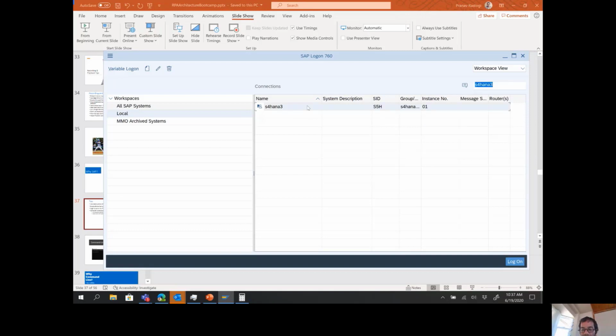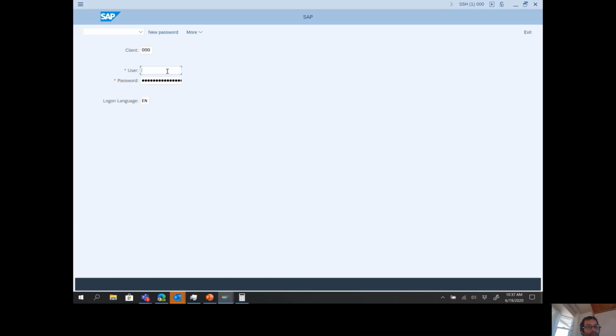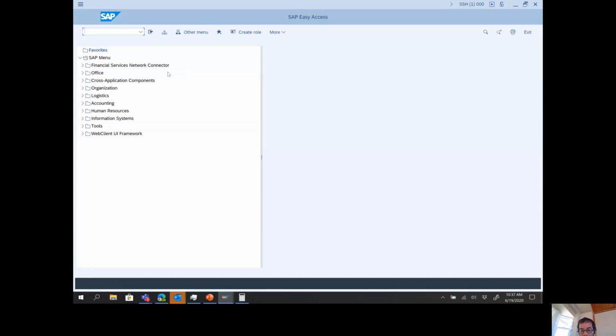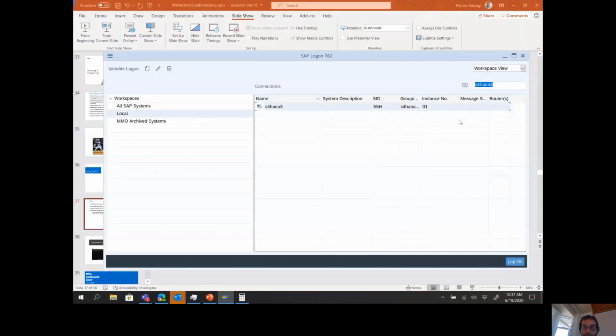Then I can just click here and press enter, which takes me to the screen where I can specify the username and password. I can press tab and enter the password. Then I can hit enter, which takes me to the screen, and then I can start doing my SAP navigation. So let's quickly see how we can go about